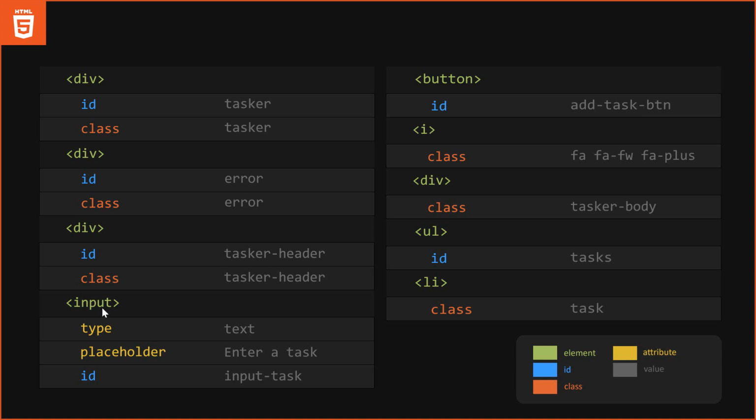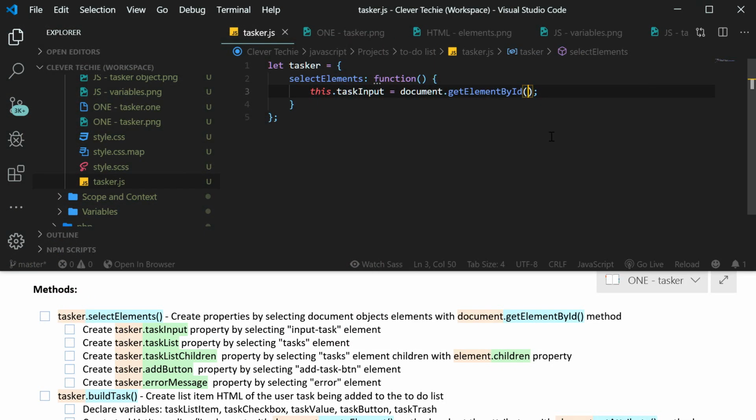So the first property that we're creating, which is task input, has an ID of input-task. So that is the HTML element that we are selecting with getElementById method. So let's go ahead and put input-task,